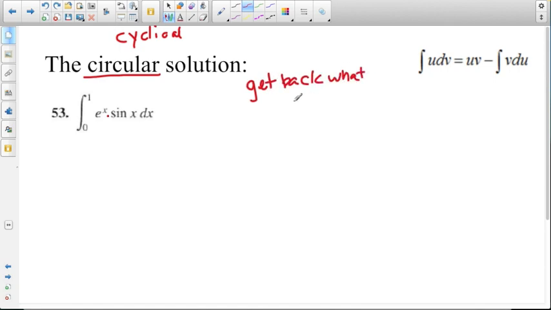Now the nice thing is, with e to the x, you get back what you started with after the first cycle, whether you differentiate or integrate. With sine of x, you can't get back to sine of x unless you do it twice. You either integrate or differentiate once and you get cosine, and then you integrate or differentiate again and you get a sine back. So we know that we have to go through integration by parts two times